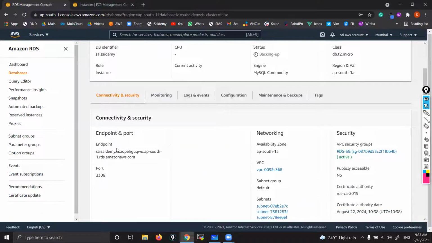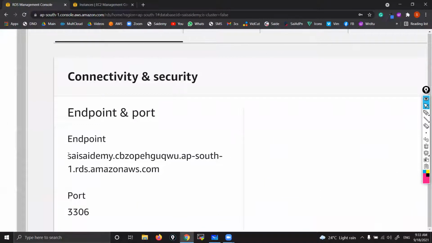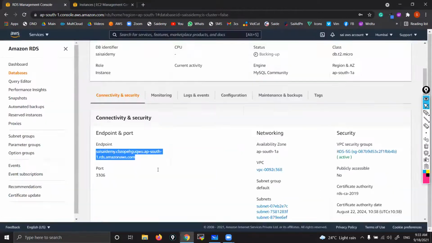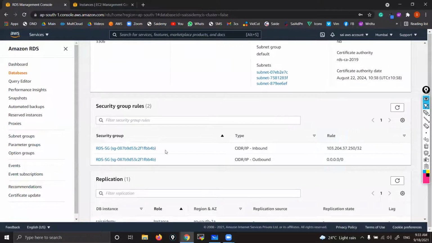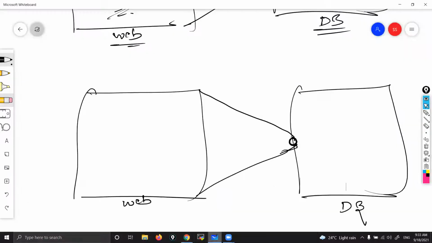Now you can see here, this is the endpoint, which means the database server's DNS name. And see, it has this port, and the security group. This is the name we have given, RDS security group. We deal with inbound only. Don't worry, this is the default entry. By default, RDS will be open to my laptop. That's the default behavior. But what I need to do here is open the database server's MySQL port to